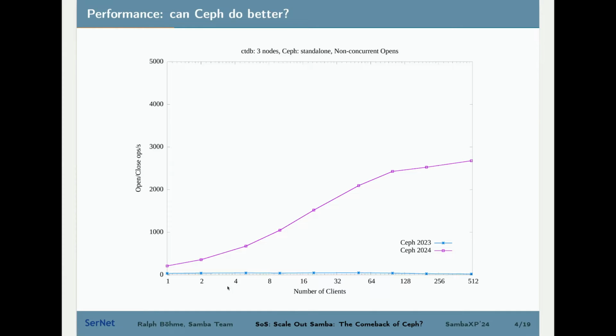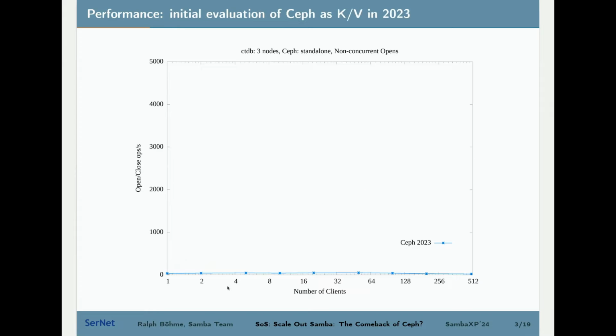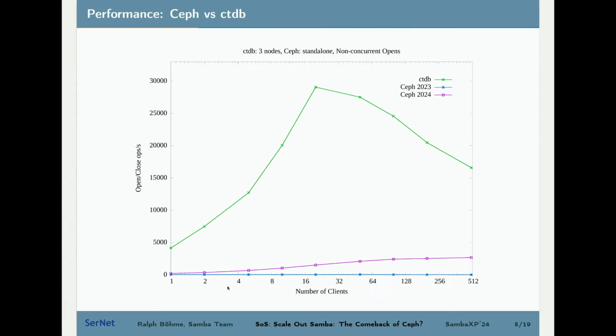And I'm not sharing all the results. I didn't want to make this graph too complicated by also bringing up the results from all the other databases that we tested last year. So this is just much better. And the thing that we now want to compare this against, of course, is, wrong direction, this one. Compare it against CTDB itself. And unfortunately, this doesn't look so good, right?